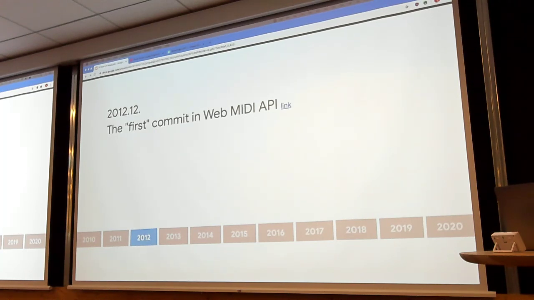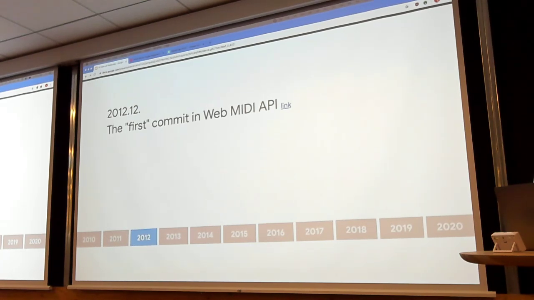Then it is followed by the Web MIDI API. The first commit of the Web MIDI API spec happened in 2012. I actually did that, so it's in GitHub. Interestingly enough, Chris Wilson over here sent out the intent to implement email to the Blink Dev mailing list in 2013. And the first Chromium patch by Takashi-san over here happened in the same year. So all the history is happening right in these people.